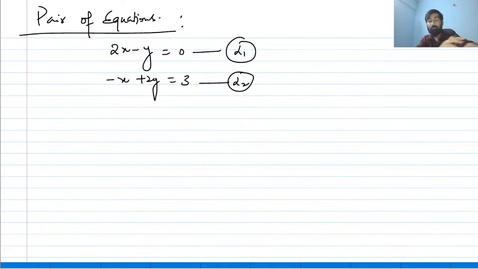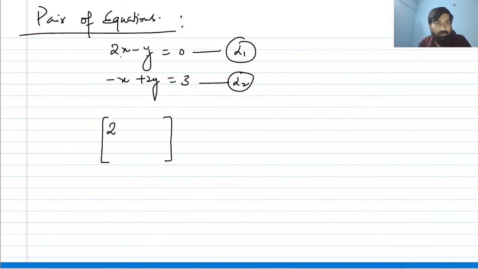Okay, but I'm not going to do anything here. The moment you see 2x minus y equal to 0 and minus x plus 2y equal to 3, you can immediately write this in the form of a rectangular array of numbers. Here, I'm going to collect the coefficients. What is the coefficient of the first term? This is a polynomial equation with two terms. The coefficient of x is 2, so you just write 2 here.